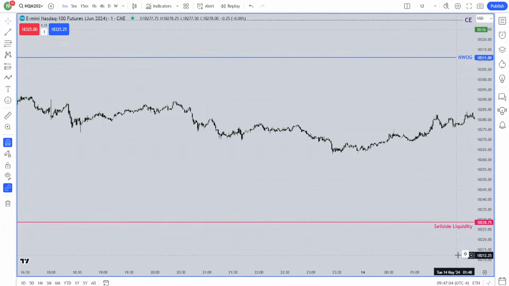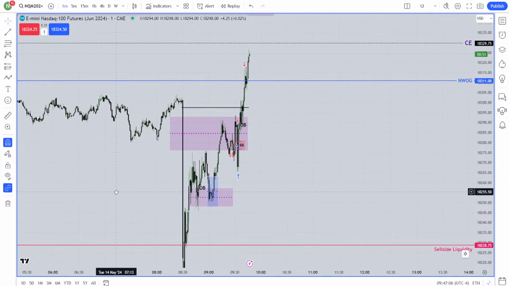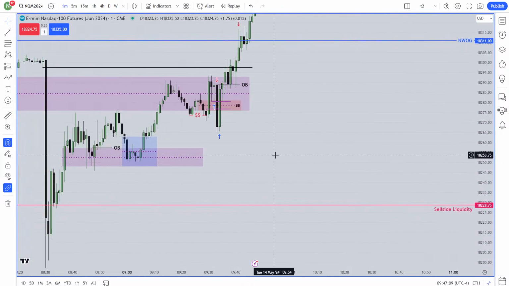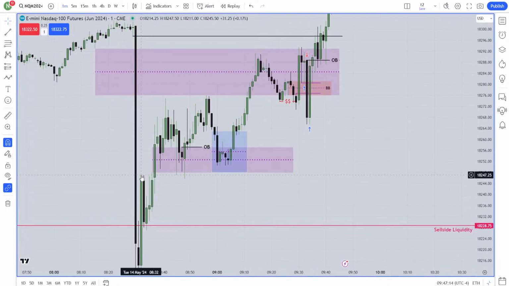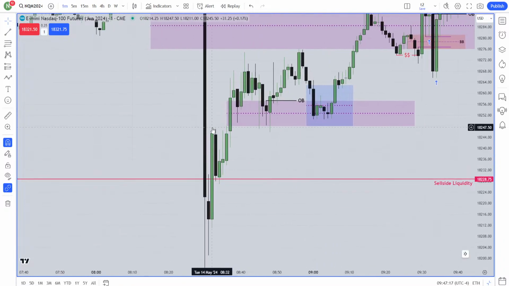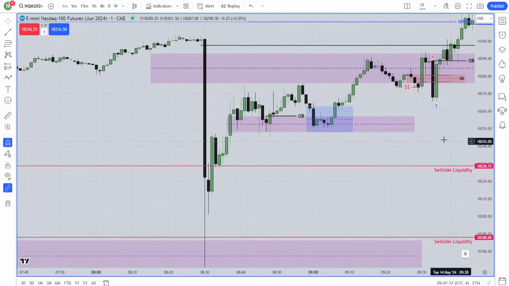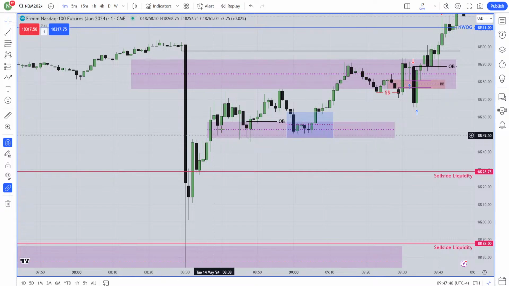Now I would love to show you something around that area. If I come over here, what happened? This is a market structure shift. Is it a valid market structure shift? I know that this is a swing high which has traded this parabolic gap. If you want to mark it as your market structure shift, I can't stop you. But still, this is not a perfect market structure shift. Just for forecasting the market, you can say that this is a market structure shift, depending on the news trade, you know how to trade this news.